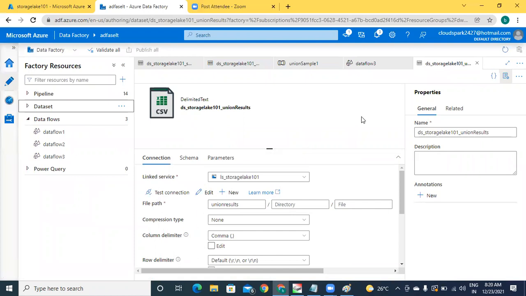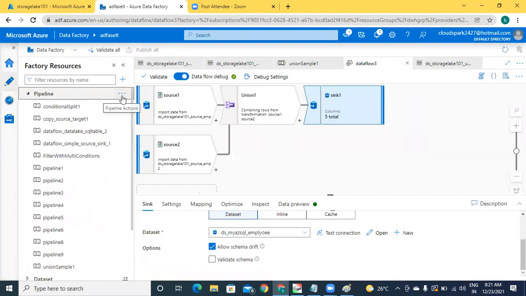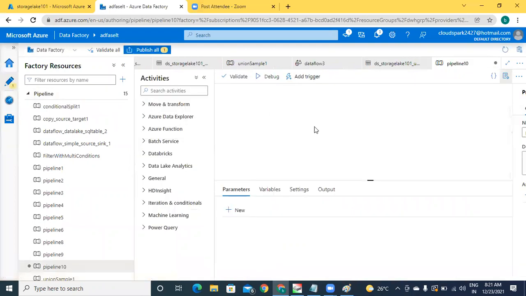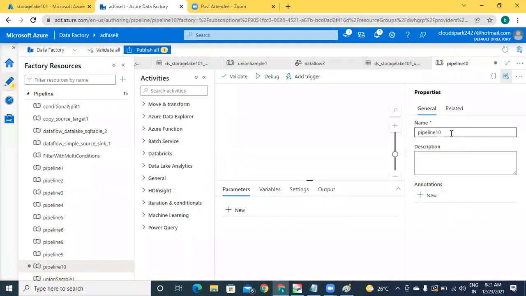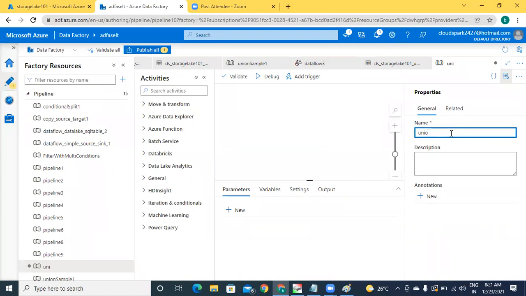Just come to this one. I'm going for a fresh pipeline. New pipeline. The pipeline is union example. Let's say example 1.